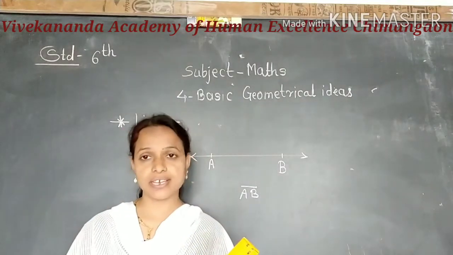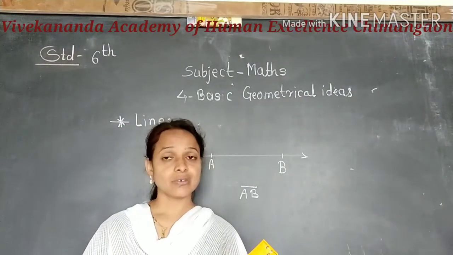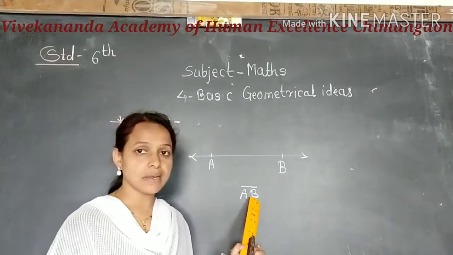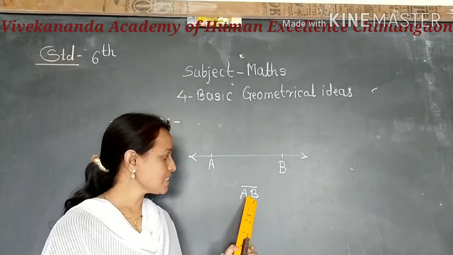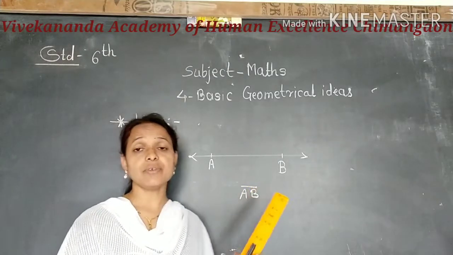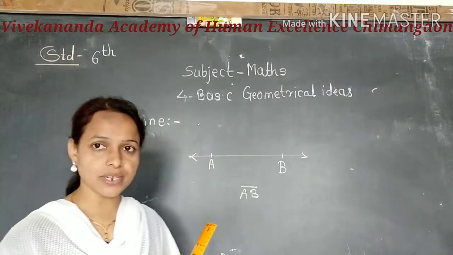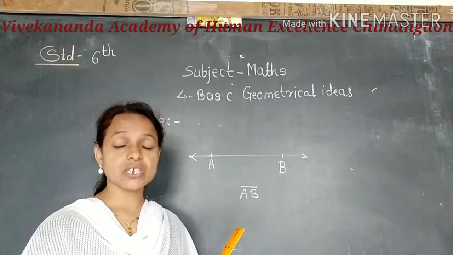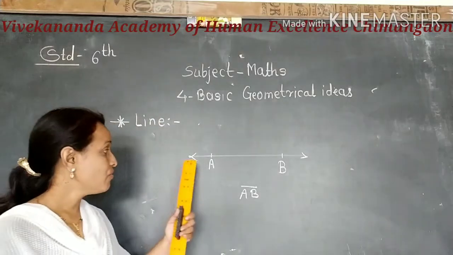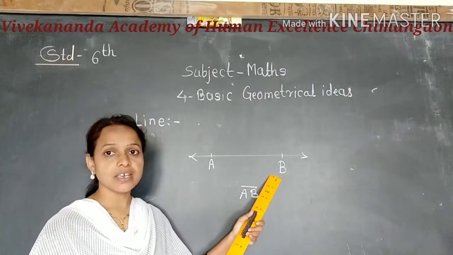Students, you have learned about line segment. Correct? We denote a line segment like this. Here I have shown the line segment AB, using the symbol of line segment. And we have learned a line segment has two ends. Correct? So now you imagine a line segment AB, from A to B,